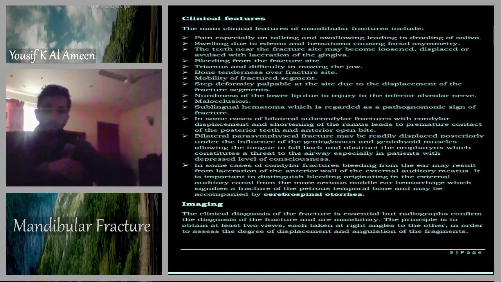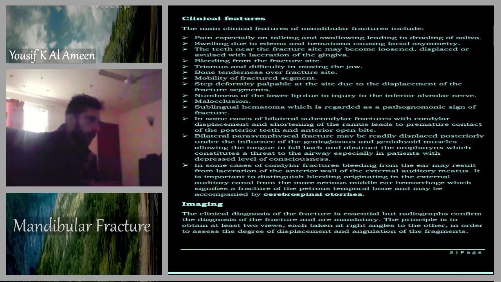Next, we will talk about imaging. The clinical diagnosis of the fracture is essential, but radiographs confirm the diagnosis of the fracture and are mandatory. The principle is to